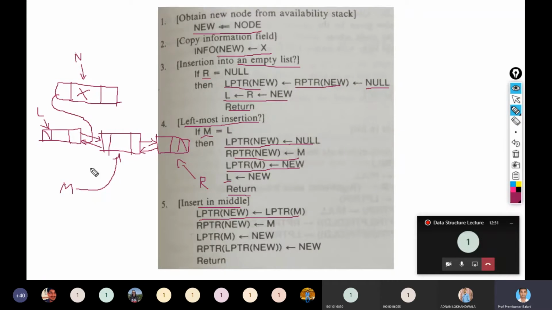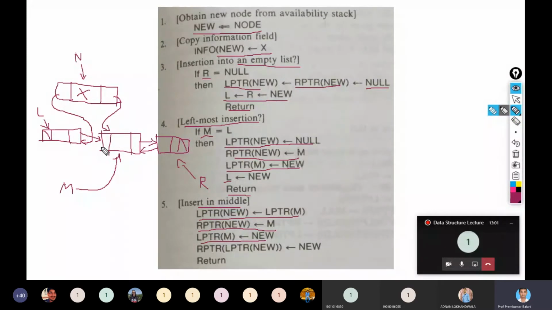Okay, and the right pointer of new equal to M. So this right pointer of new is now M, and the left pointer of M is equal to new. So the left pointer of M will be overwritten. This left pointer, right now pointing to this, will now be pointing to the new node.